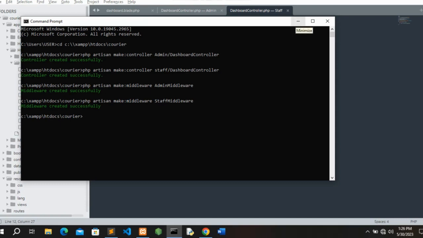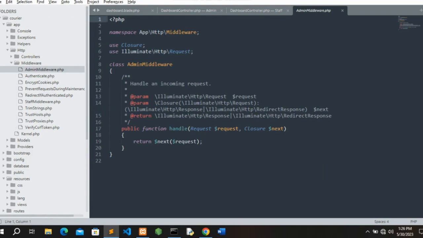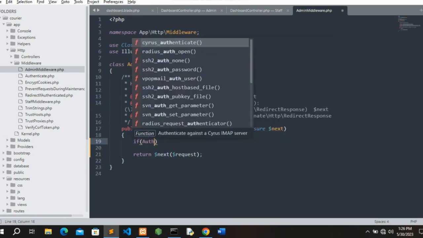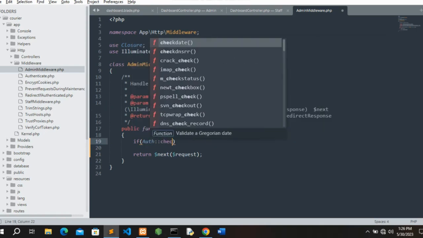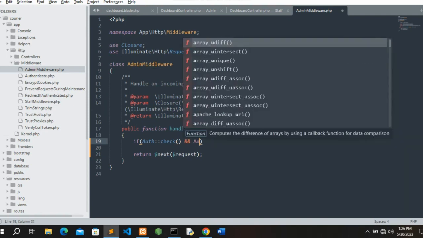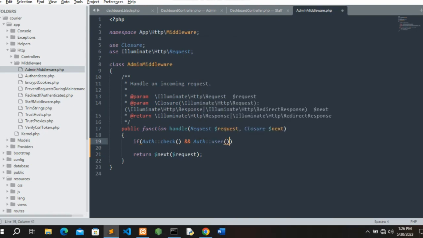Okay, well, we'll just go ahead and create the start middleware also. Okay, the start middleware is created now. I think we can just minimize this and write the check. Here we have the admin middleware right now, so we are going to check and redirect back to the admin middleware once the user has been checked and authenticated, given the value we have in the database as 1. So here I'll give auth check,